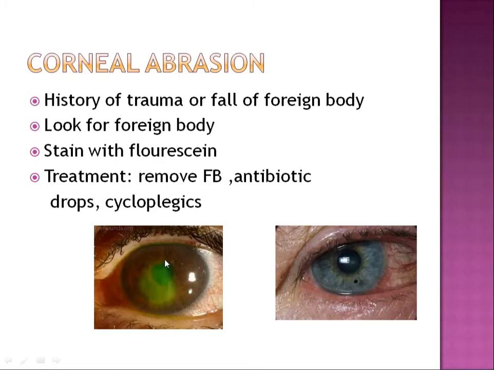This type of lesion you will not be able to visualize because the cornea is transparent. Unless it has inflammation or infection with hypopyon and all, probably you will miss this type of epithelial defect. So it is better to stain with fluorescein and see this. In this particular eye, you can see a brown color foreign body.